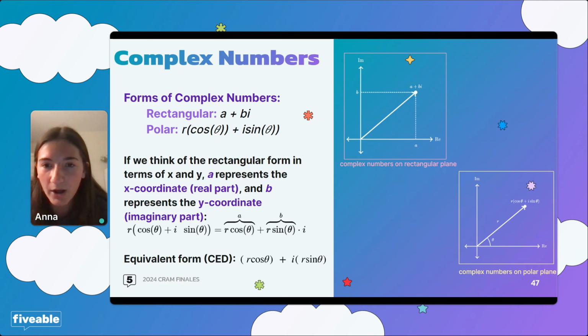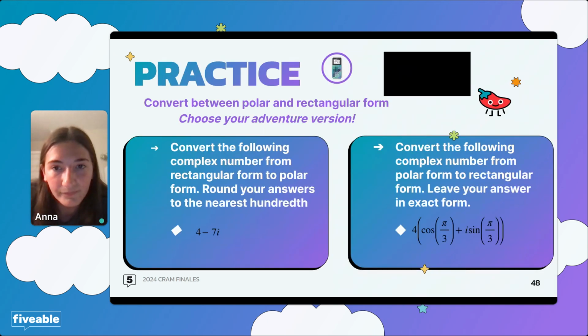As you can see at the bottom, where we have this written out a little longer, you can think of the a part as the x, like the x axis for your rectangular. Then you can think of the b as your y, and that is what is multiplied by the i. Same deal with polar. You can see that as well. So we'll get plenty of practice with this. Let's do an example so you can see that. We'll do our practice slide next.